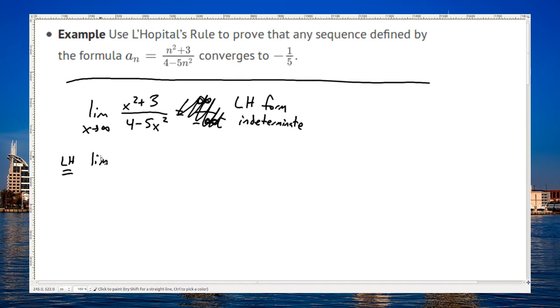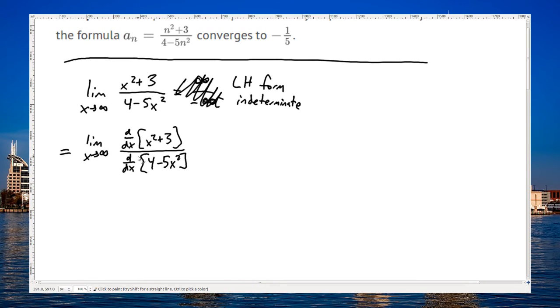sign to remind us what rule we used, although we don't have to, so I'll just get rid of that. What it says is that if you have either 0 over 0 or infinity over infinity, you can take the derivative of the top and take the derivative of the bottom. And it's important not to get this confused with the quotient rule. You don't have to do a quotient rule here. It's simply the derivative of the top over the derivative of the bottom, and that will have the same limit